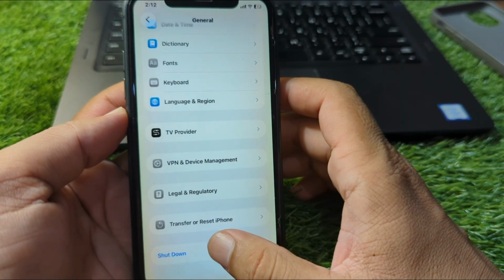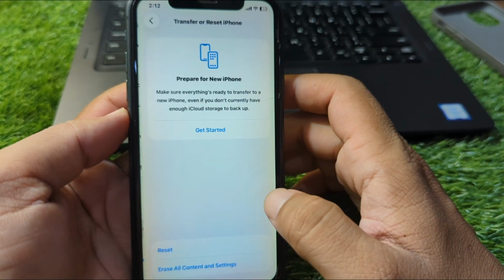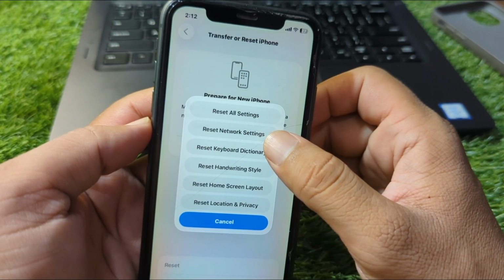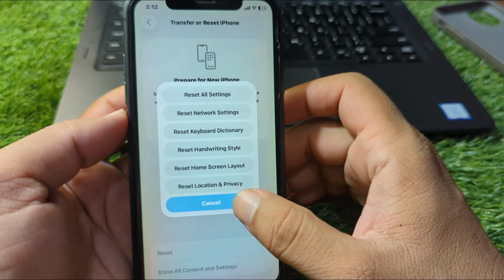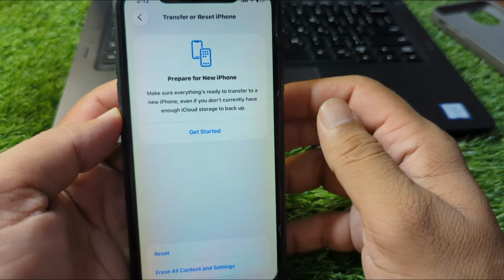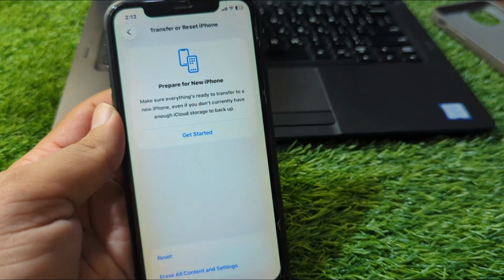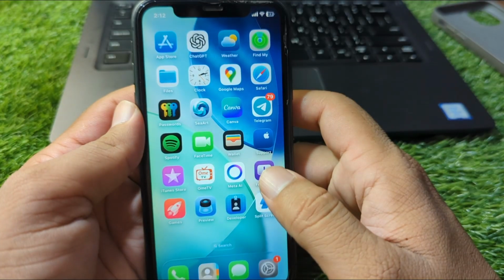then open the Transfer or Reset iPhone settings and then tap on Reset and tap on Reset Network Settings of your device from here one time, and after this restart your device one time as well. So guys, do this and check if the problem is fixed or not, and if the problem is still there,